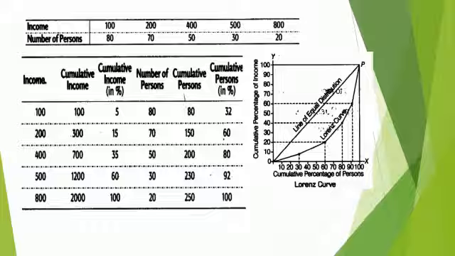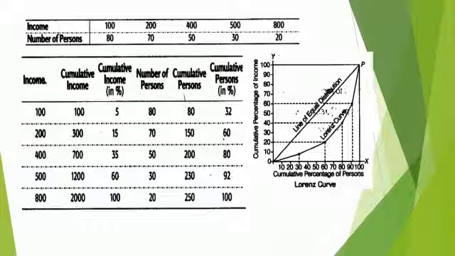In this graph, the x-axis represents the number of persons and the y-axis represents the income, both as percentages. First you have to draw the graph. You have to split the x-axis into 10, 20, 30, 40, 50, 60 up to 100. The y-axis in the same manner, 10, 20, 30 up to 100. First you have to draw a straight line, joining the points 0,0 and 100,100. It's a straight line at 45 degrees. You get a square box.